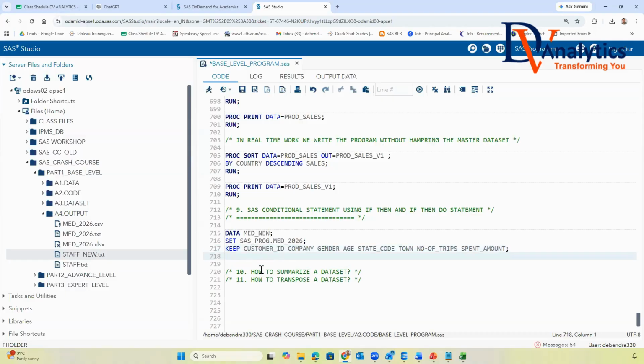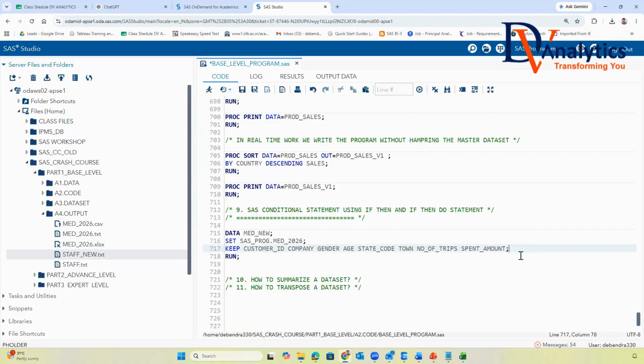Have I done anything wrong in this syntax, guys? Can anyone tell me where the mistake is? Number of trips.